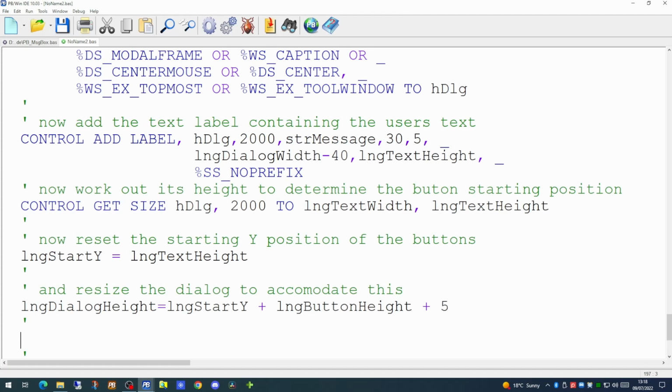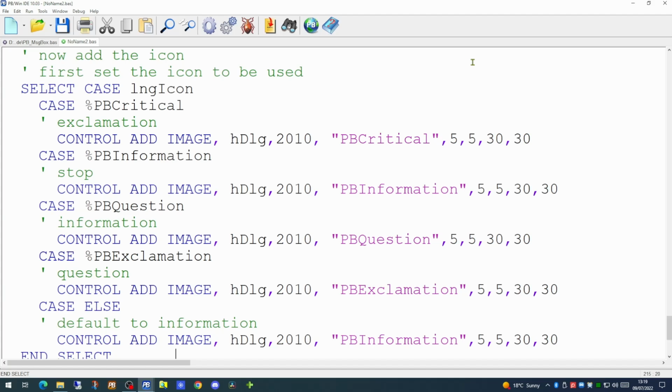So now we're ready to start drawing the buttons. We next need to work out which icon the user wishes to be shown on the screen, and add that as an image control. We can do that quite easily by using selectCase, based on the long icon variable which the user has passed in when they called the function. And we're using our constants to determine which of these the user has picked.